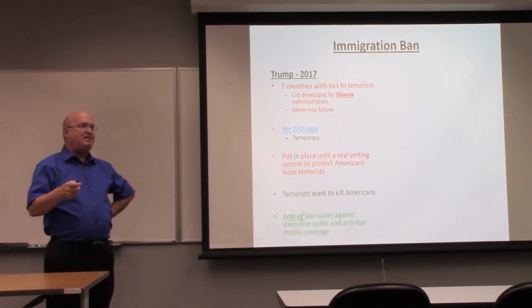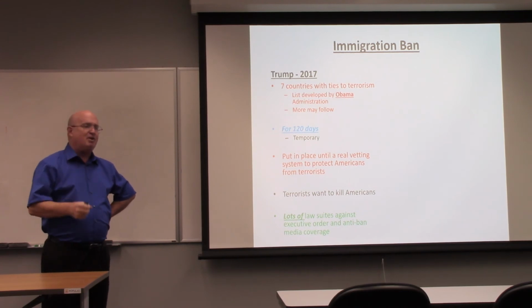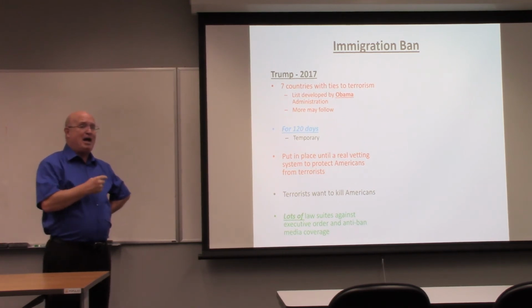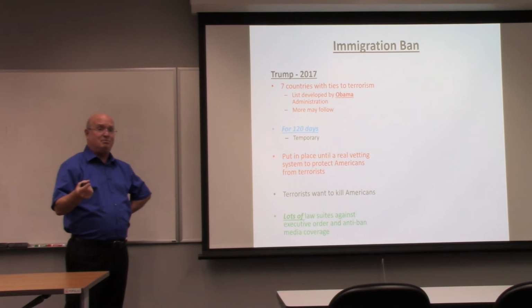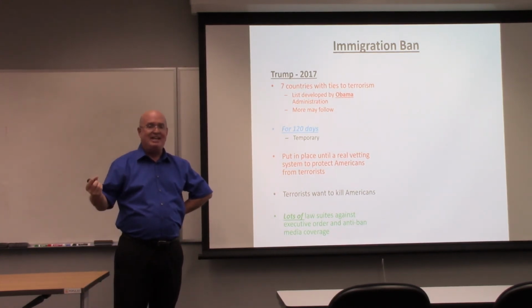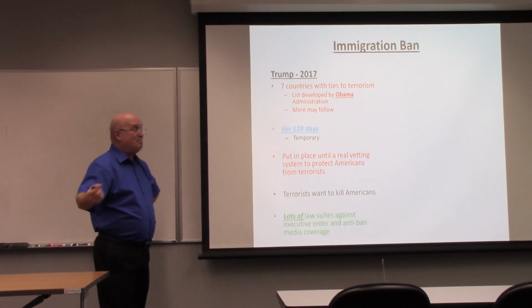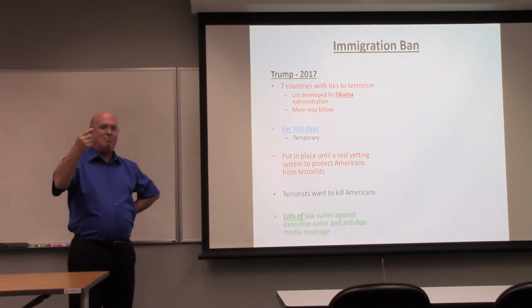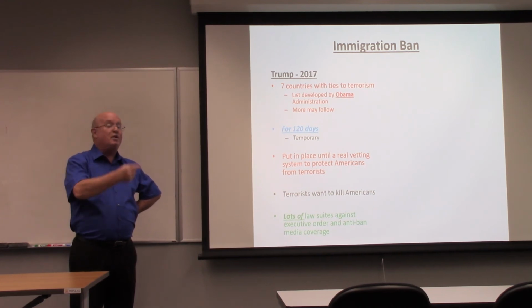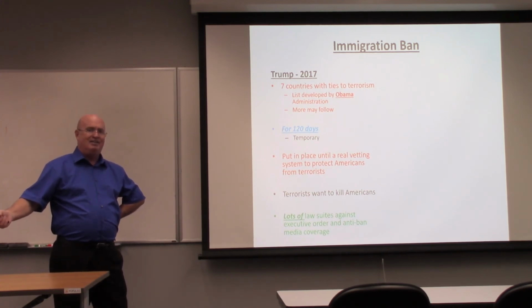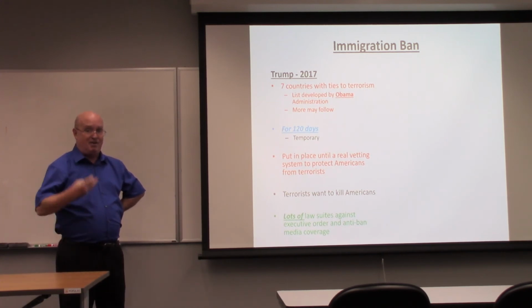There are 57 Muslim countries in the world. And none of those 7 are really populous. As a matter of fact, the most populous Muslim nation, if I recall right, it kind of surprised me, is Indonesia. Right? But the point is, they weren't on the ban. So if the #1 populous country in the world with Muslims in it is not on the ban, how can you call it a Muslim ban? Because we want to get emotion involved.